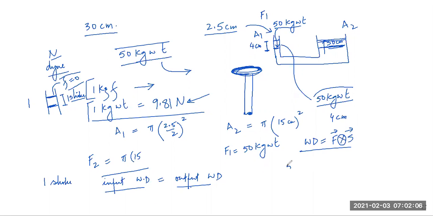So how much is the force? 50 kilogram weight into 4 centimeter. I should not take centimeter, but no problem because centimeter will cancel with centimeter. So how much is that force? Ishma, what was the force we had calculated here? How much force acting upward? 7,200. That's good. 7,200 into the distance, we don't know it, but don't worry, we'll make it x. So from here, students, I will get x.